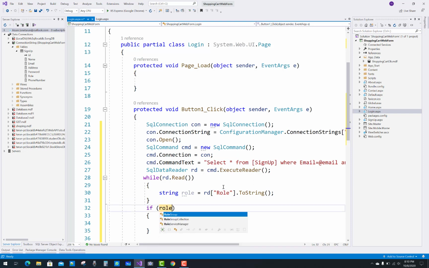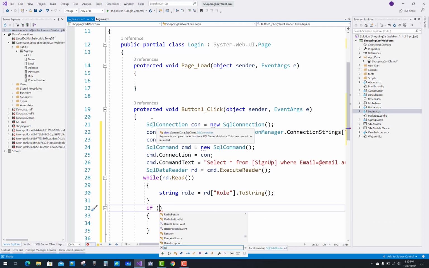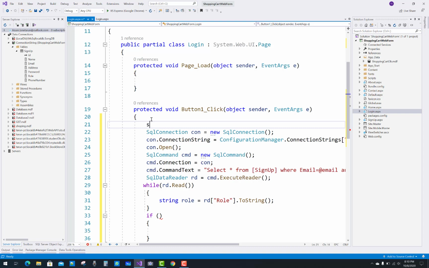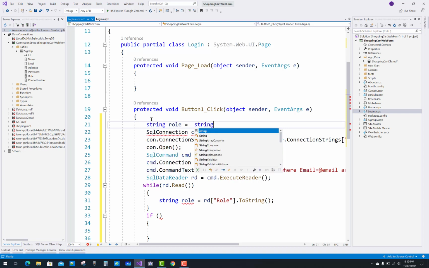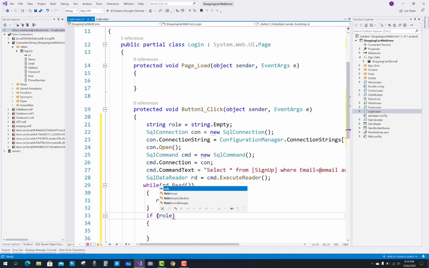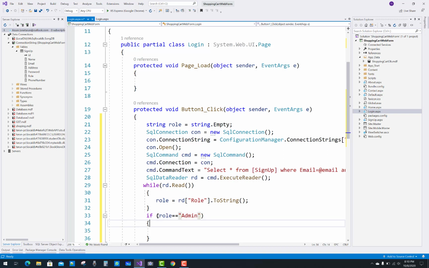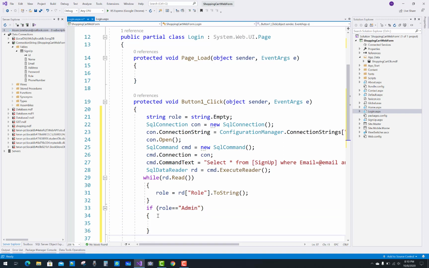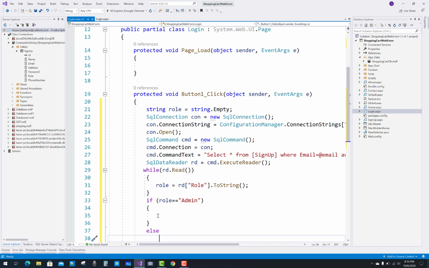If role equals, actually role is a limited access, so just define it just after your event definition. So if role is double equals to admin, then control will be transferred to the admin page. If role is not equal to admin, then control will transfer to the user page.